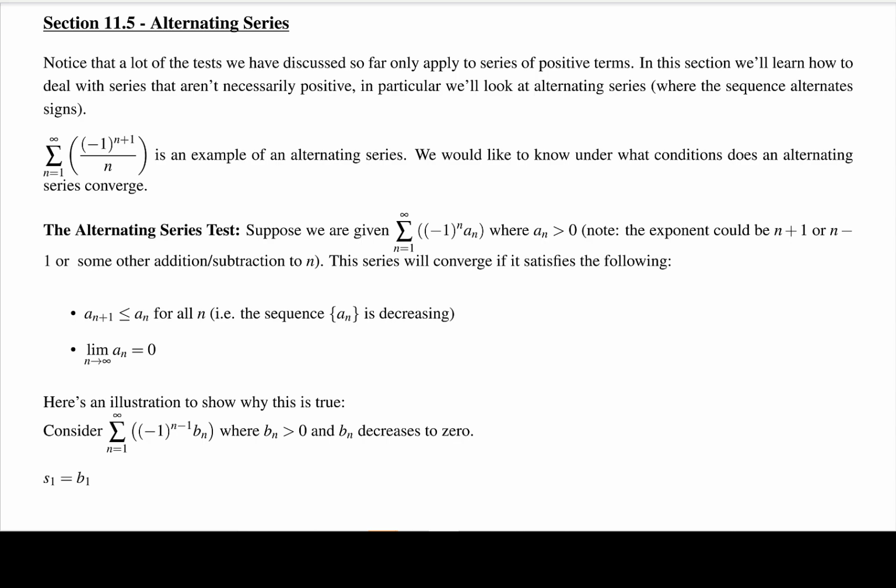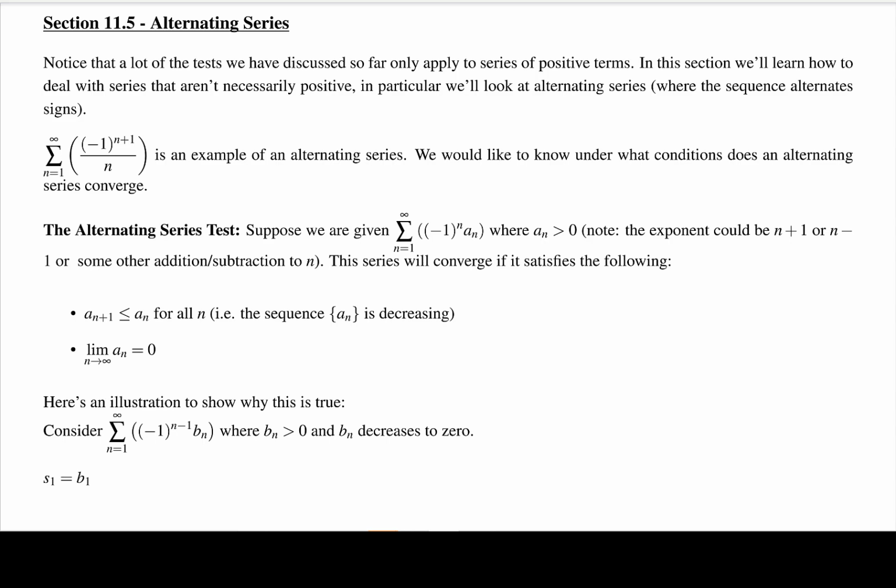Alright, so in this section, we're going to be discussing alternating series. So notice that a lot of the tests we've talked about so far, kind of like the comparison tests, only apply to series where all of our terms are positive. So in this section, we'll learn how to deal with alternating series, where our terms alternate between positive and